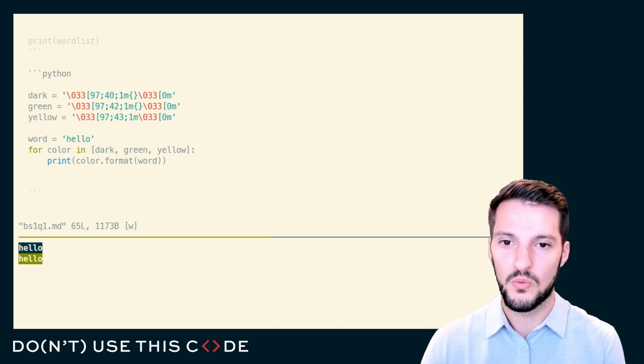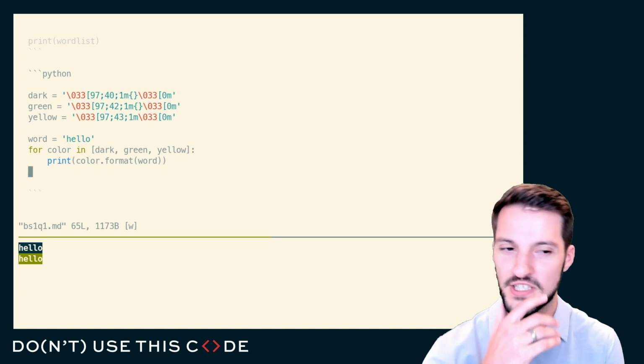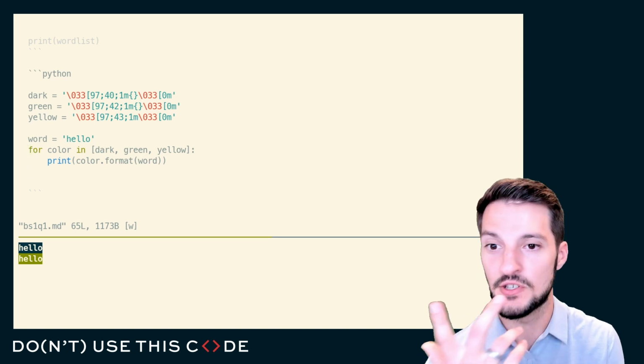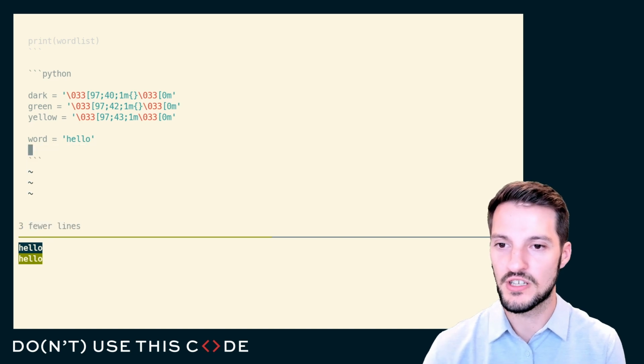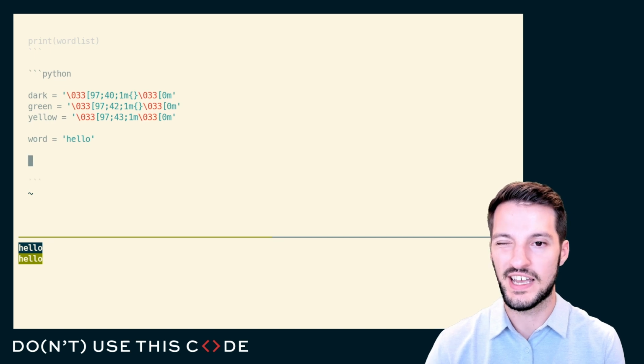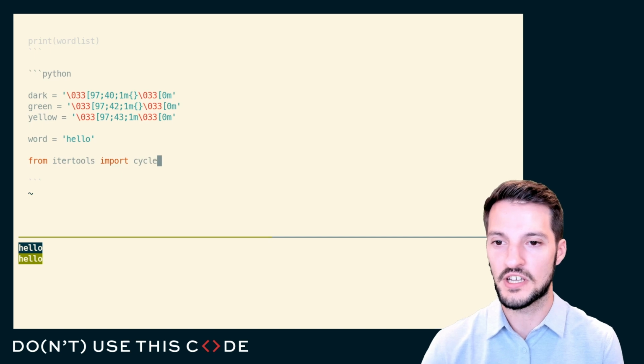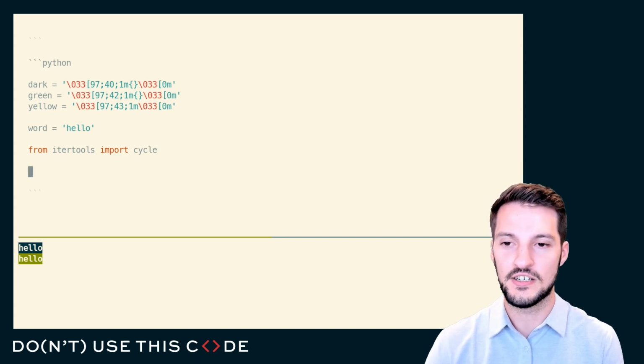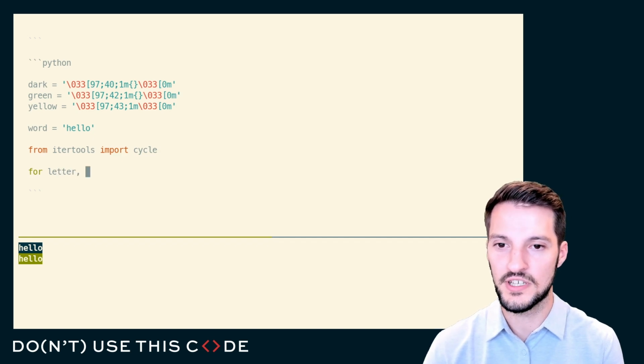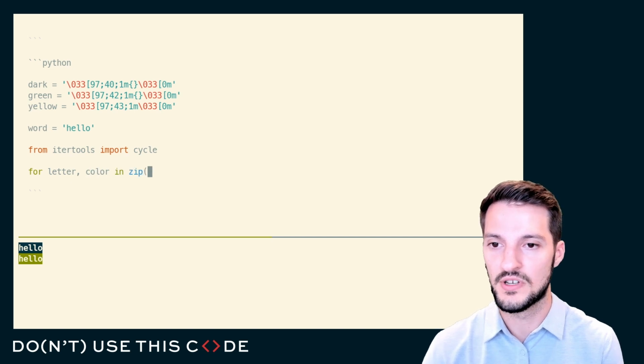So what we need here is, instead of coloring entire words, I want to color individual letters. So I can just really quickly mock up what that would look like. Instead of printing each word, I can actually reach into, let's see, I will cycle along the colors, right? And I will extract each letter from the word. And I'll zip them, and because zip will short circuit, it'll actually be the termination sign for a cycle. So letters, color, and zip, word,